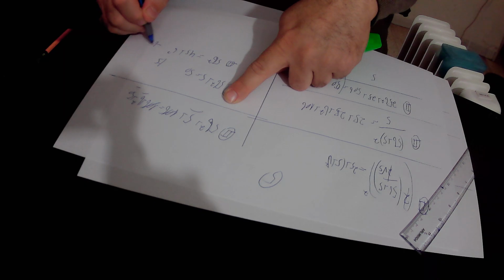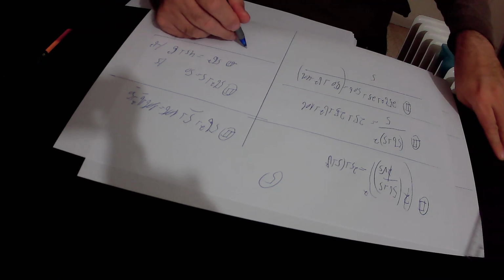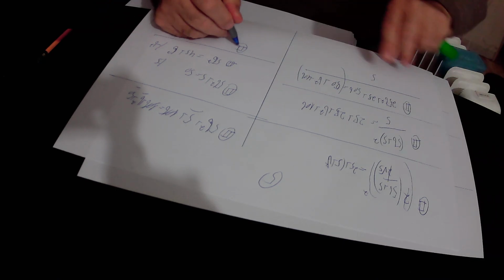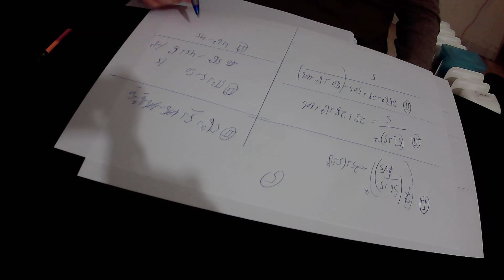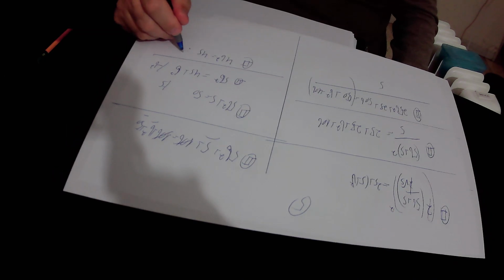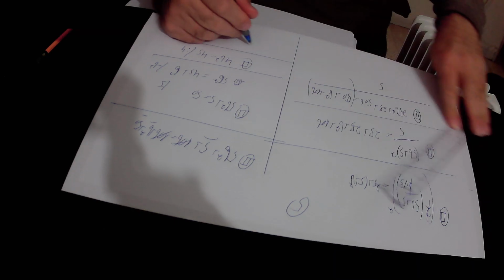Here we subtract b squared from this equation, and we get that 5b squared minus b squared is 4b squared, so 4b squared equals 45. Here we divide this equation by 4, and finally we get that b squared